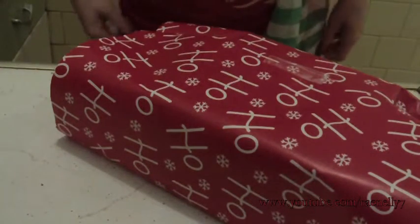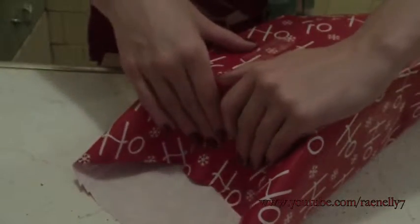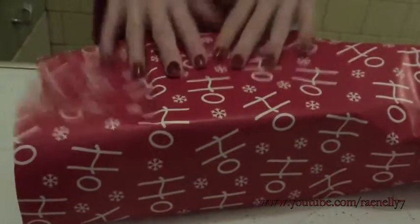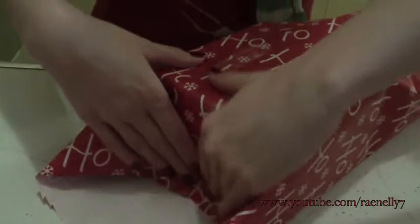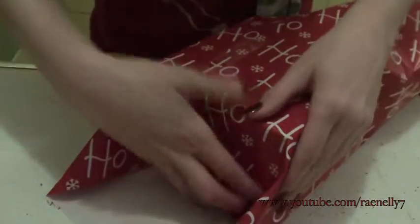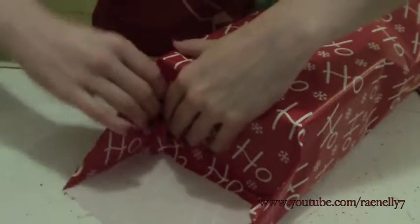So I was just wrapping this gift and realized that wrapping this gift in front of you guys could probably be really helpful. One thing I want to show you is if you have a bigger gift, you do it exactly the way we did it with the CD. You do the two middle parts. You can fold them if you have to. Then get your tape ready, and when you get to the side, pull it in and get it flat against the wall of the gift. Then you can flatten out these sides